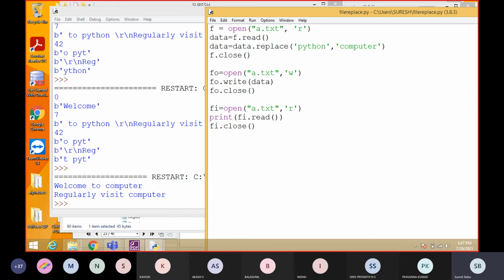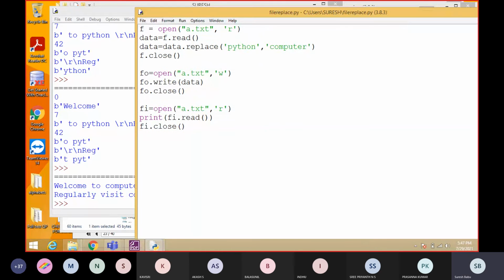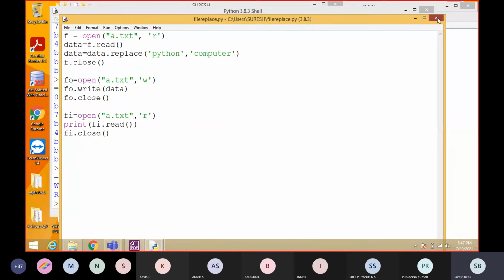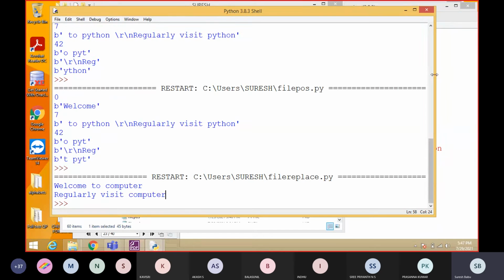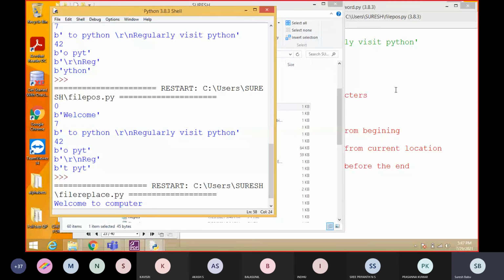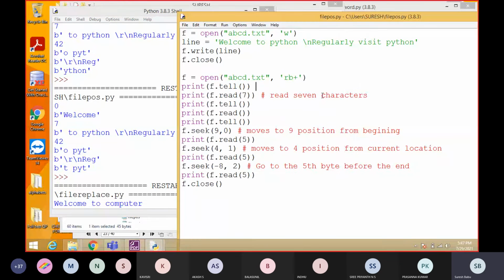So next one, there is another method. We can store it in a different file and we can change the entire content. But actually in the example, we are going to do these changes in a very simple example. We are going to execute the same example, but in a different manner. Second method, that is using temporary file. So see here the another program.